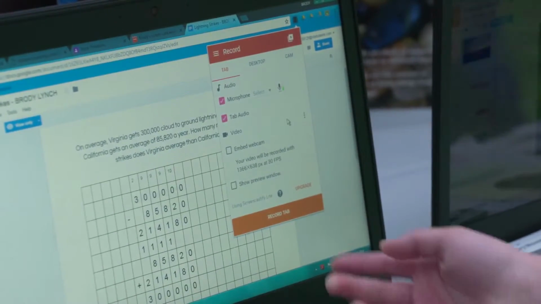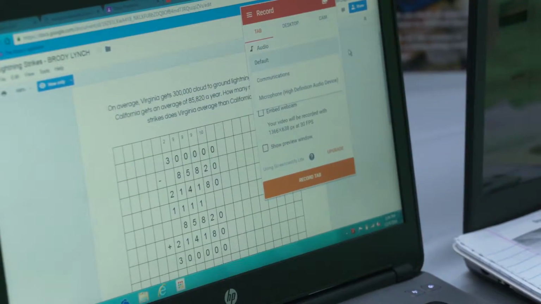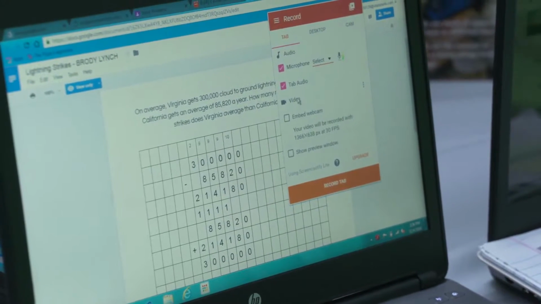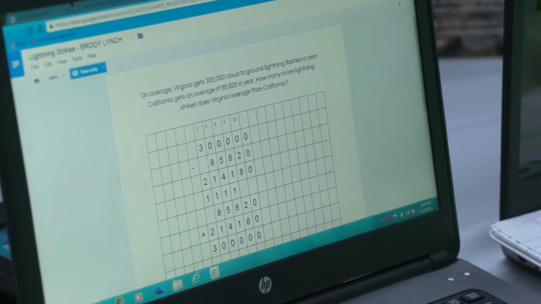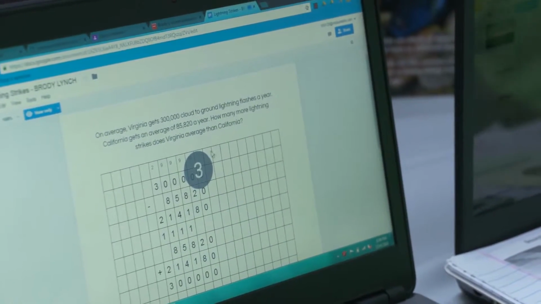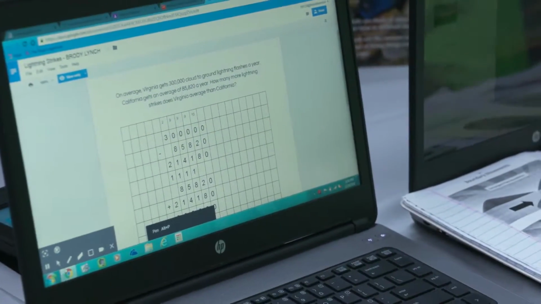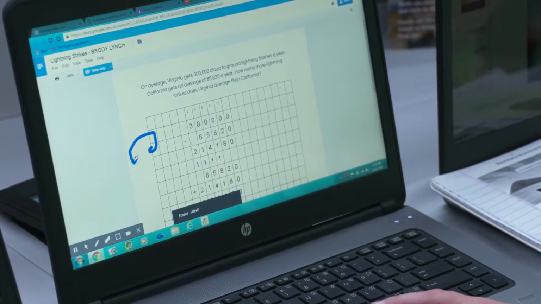And then you'll have your microphone right here, which you can select. I just have it on default right now. And then you have all the video options, so here I can just record the tab, and then I'll say 3, 2, 1, and